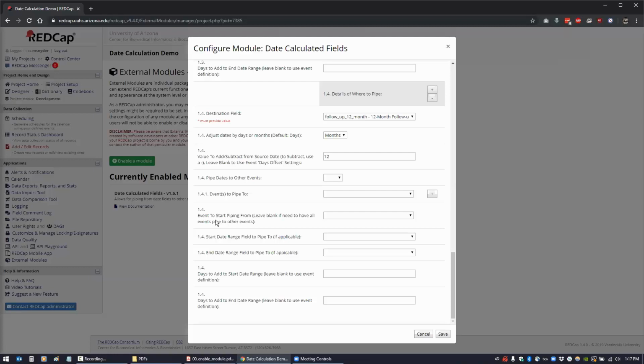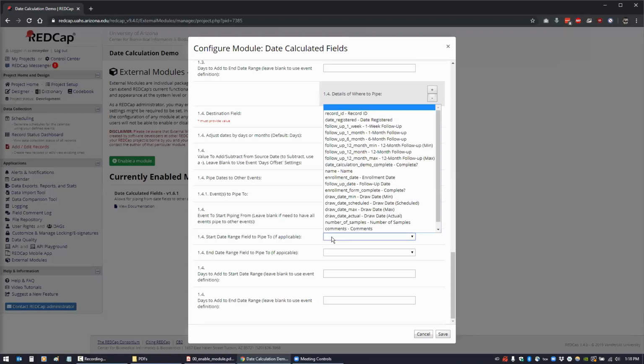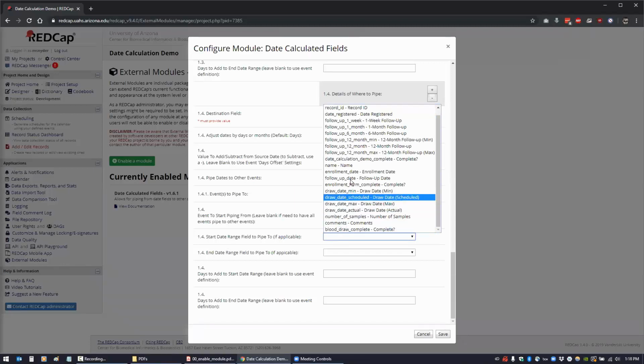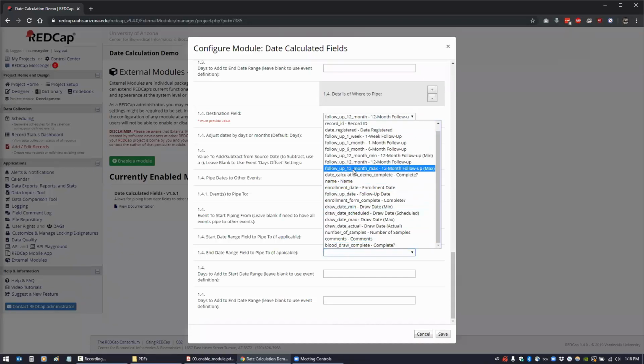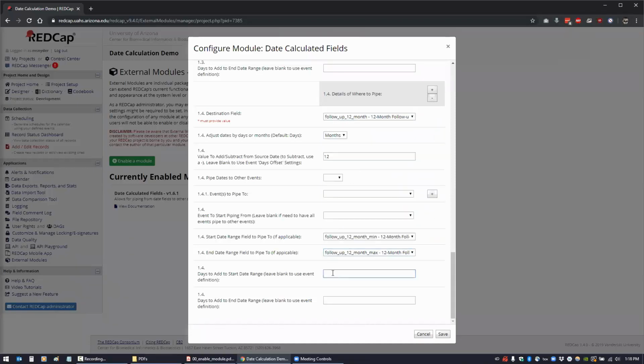And so in order to do that, we go down here to the start date range field, and we're going to say this is the field that I want to put this minimum value in, and that's going to be this 12-month min. And then where's the field that I want to put my max value in, and that will be the max. And now down here we get to say how many days we want to offset that by. So let's just say 30 days. If it's going to be in a year, we'll give them 30 days on either side. So if we save that